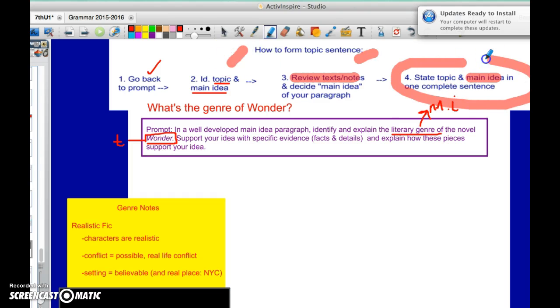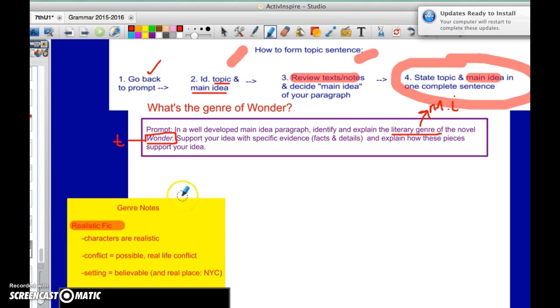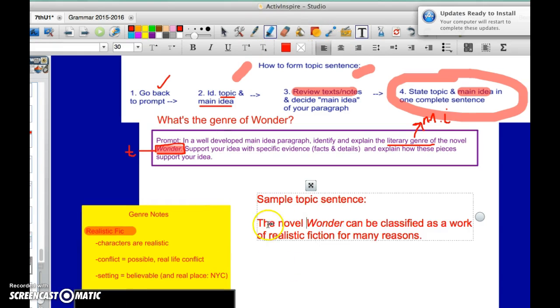I can move on to step 4, where I'm going to state the topic and the main idea in one complete sentence. I want you to actually pause this right now and try to generate, based on all of the information that we have, that we're using realistic fiction as our main idea, that our topic is Wonder, a topic sentence that includes this information. Pause the video and do that now. So if you came up with something like, the novel Wonder can be classified as a work of realistic fiction for many reasons,